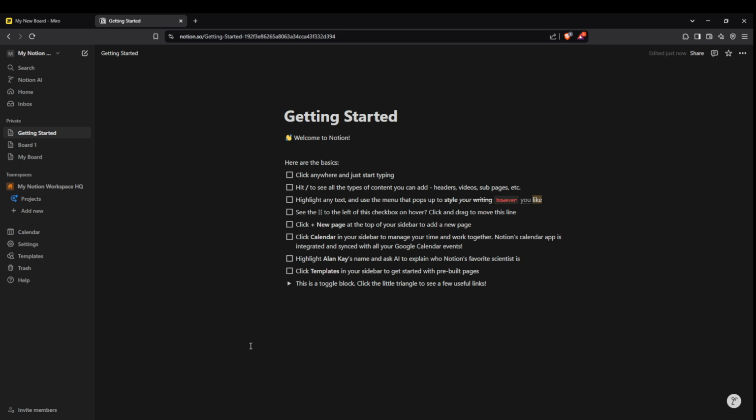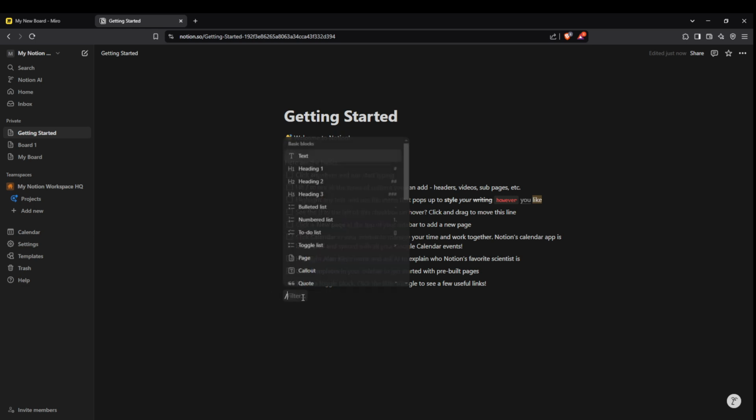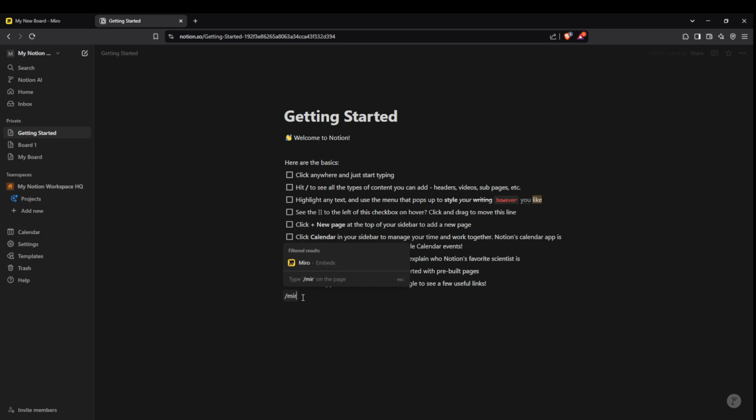To start, you'll want to navigate to your desired Notion page. This is where you want your Miro board to live. Open your Notion workspace and select the specific page where the Miro board will be embedded. Once you're on the page, simply click to start editing. Notion's seamless interface allows you to integrate various tools and content, making it an ideal platform for a diverse range